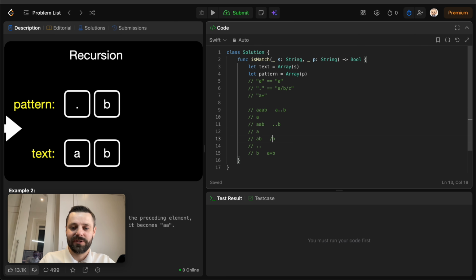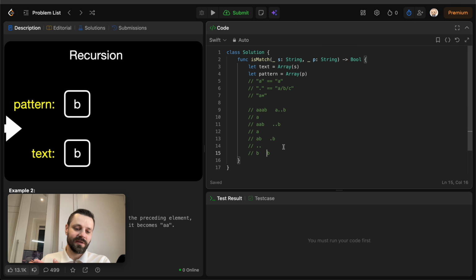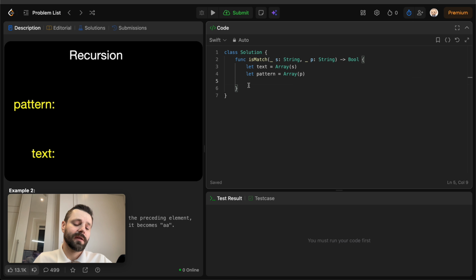Then we will check for the rest of the rest, and so on and so forth till we meet the B should match the B. So I think I was clear enough, and let's start implementing this method, which we are going to use in our recursion. So let's name it isMatch,